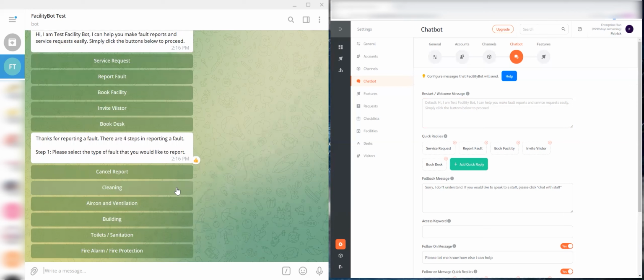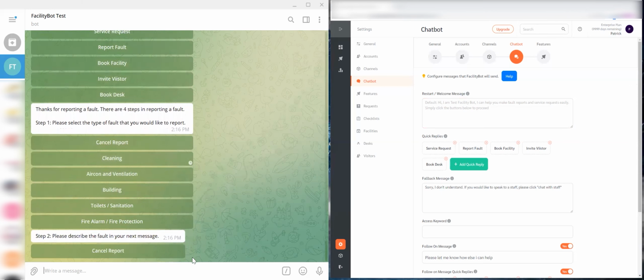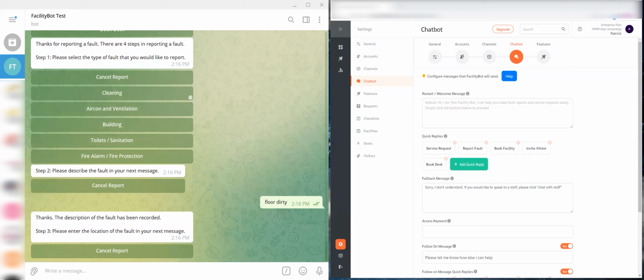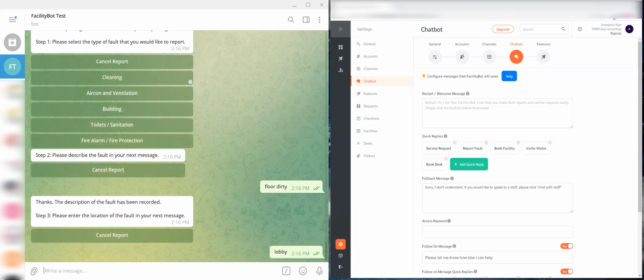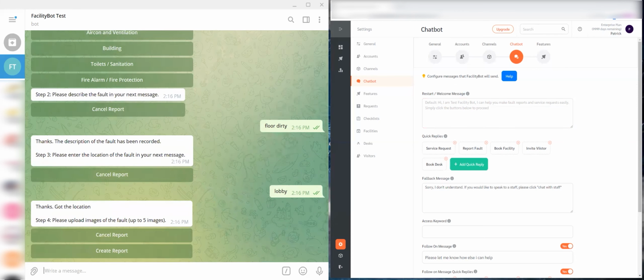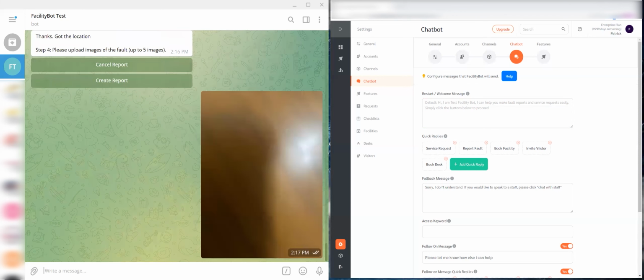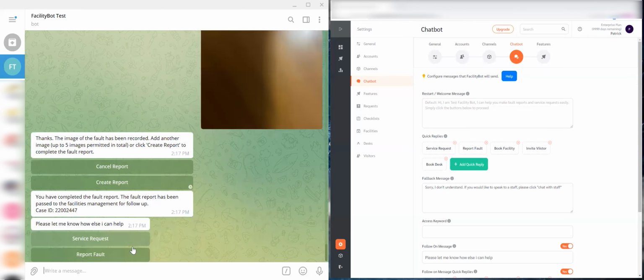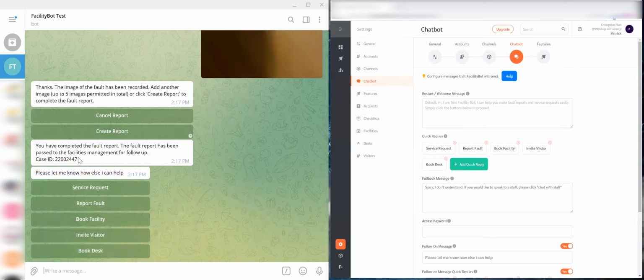As guided by FacilityBot, the requester can then enter a fault description, fault location, and up to 5 images. Here, I will use my mobile app to submit an image to Telegram. Once the Create Report button is clicked, a request ticket is immediately created